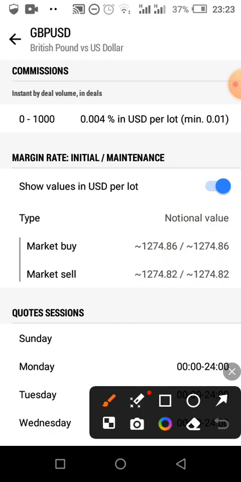So it means that if you open a trade with the smallest lot size of 0.01 lot, instead of 1,274.86 dollars, your initial margin divided by 100 would now be $12 and almost 74 cents. So for me, with FXView broker here, I would just need an account of $12 and